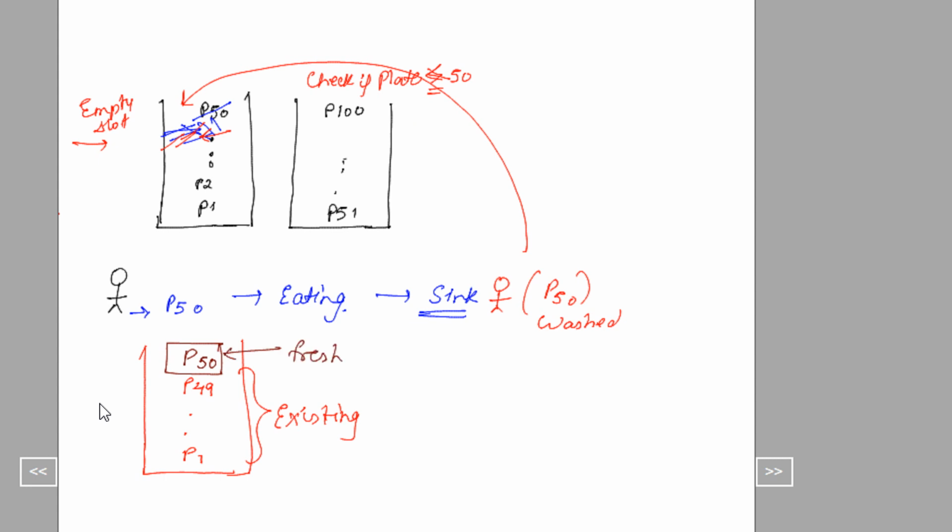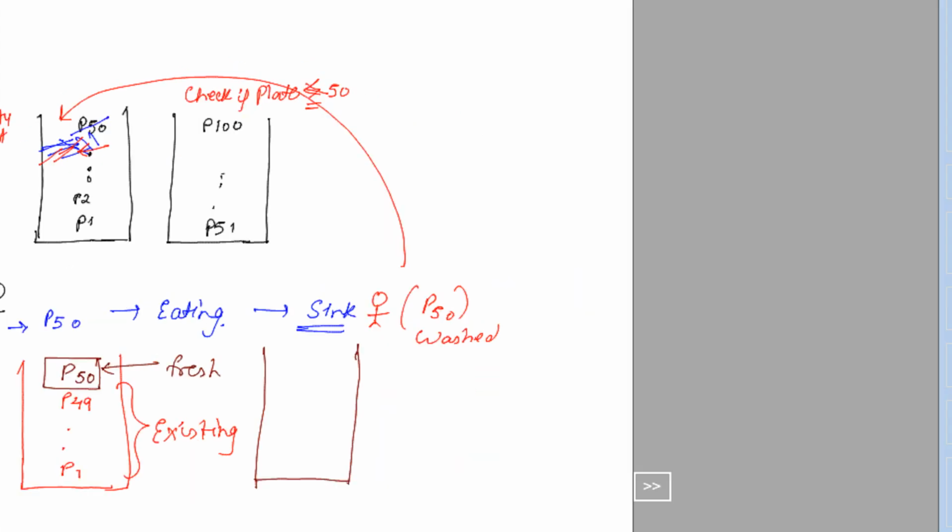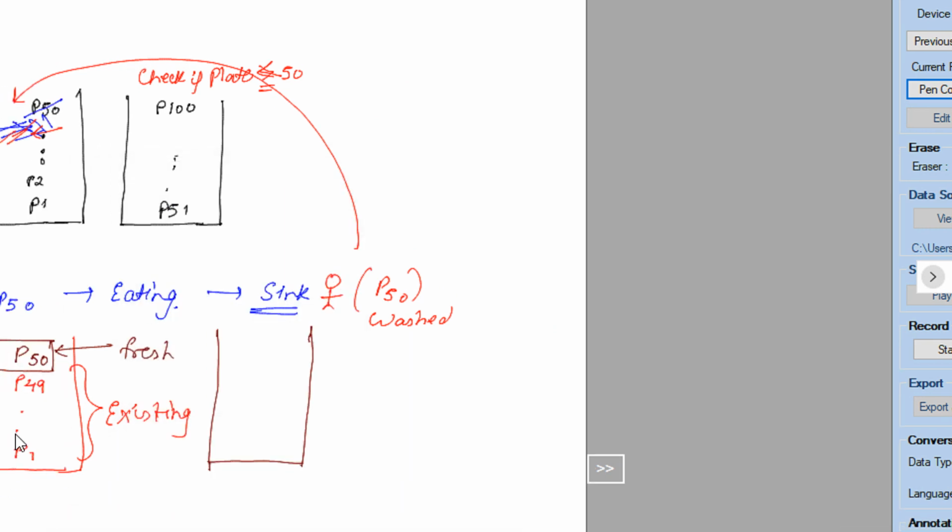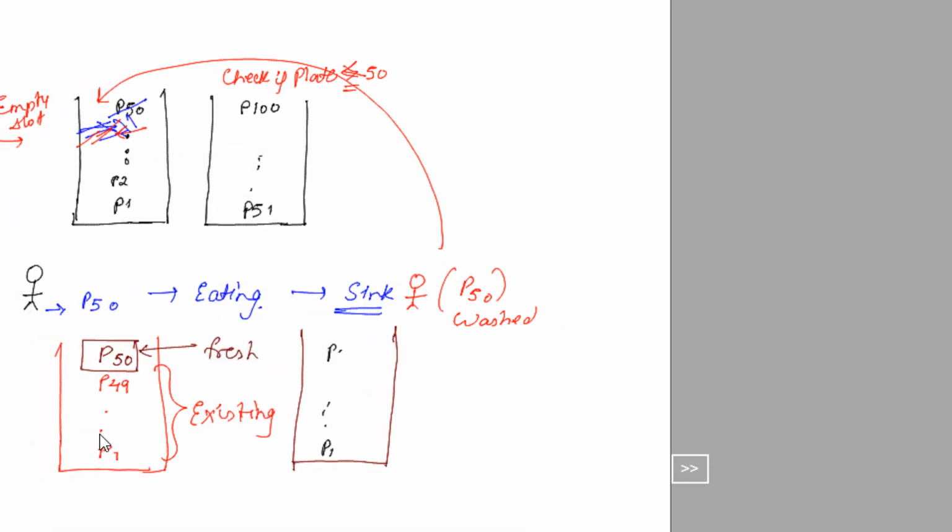Now what would happen if there were already 50 plates here? So let's say there were already 50 plates here, P1 up to P50. This was existing, right? So in that case, there was no space. You can see there is no space here. This is the level at which you need to keep the plate. So we will say that all plates are full. All plates are filled. So I cannot insert a fresh plate. Either I have to make a new stack or I cannot insert in this particular thing.